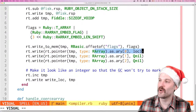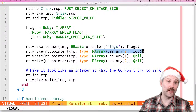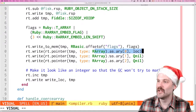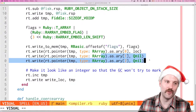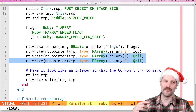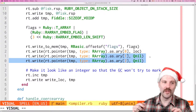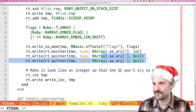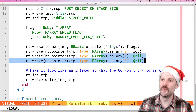We're going to write whatever value it was we popped off the stack. So if we popped true off the stack, we're going to write that in as the first value of the array. And then we're going to fill out the rest of the array with nils. I know I said in the slides it was just a 1-element array, but I decided not to do that. It's always a 3-element array in this case. It's whatever the value was plus 2 nils afterwards. So we write that in, and